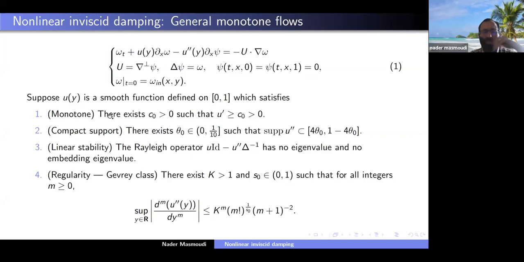The other thing we have to assume is that it is monotone. And a last thing is that U double prime has to have compact support. So when you get close to the upper and lower boundary, you really have to look like linear. You have to look like some multiple of Couette. There is a reason behind it. Maybe I'll explain a little bit, but it turns out that for this kind of flow,